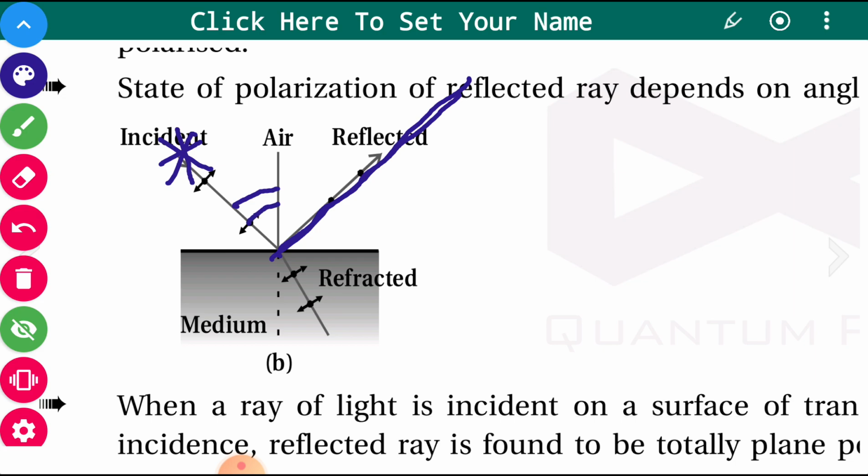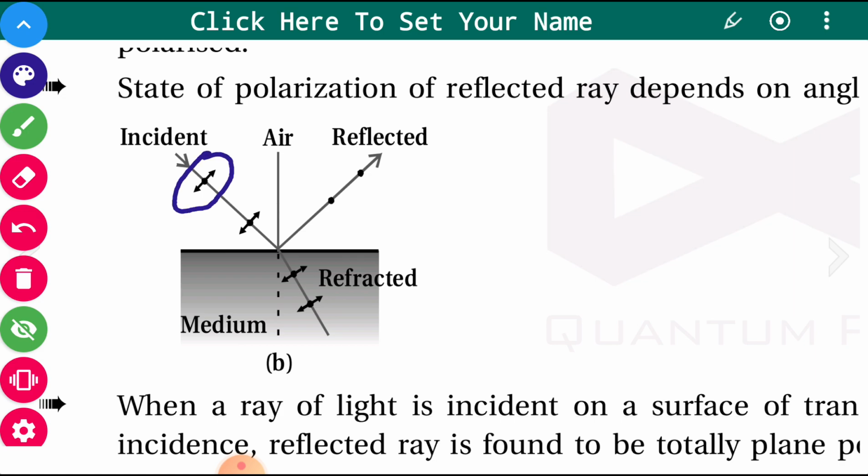You have adjusted the angle of incidence in such a way that the light obtained is completely plane polarized. Now in this ray of light you will have the E vectors which are perpendicular to the plane, shown by the dots. The E vectors which are parallel to the plane are shown by the arrows. Here all the components are there, parallel as well as perpendicular to the plane. You can see dots are also there and arrows are also there.